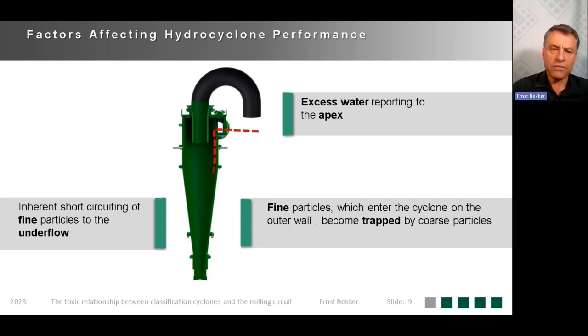There are also fine particles that get into the cyclone and stay on the side of the hydrocyclone, on the outside wall. Now, in classification, it's a balance of two forces: a drag force that's trying to pull the particle to the center and through the overflow, and a centrifugal force forcing the particle to the outside. Whichever force is the strongest, that's the direction the particle will flow. However, if the fine particle sits on the outside, then there's essentially only one force applicable, the centrifugal force, because there's no water behind the fine particle to initiate movement. So we also have fine particles that do not have both forces applicable to them, as well as a possible